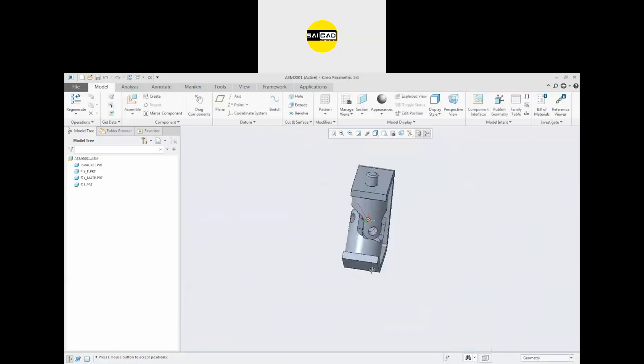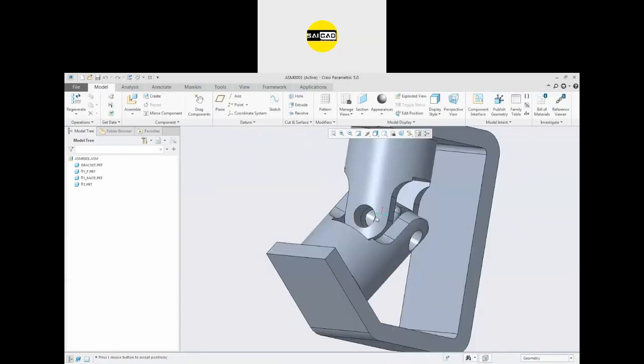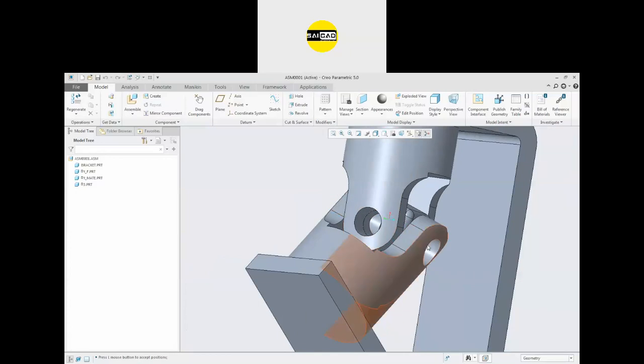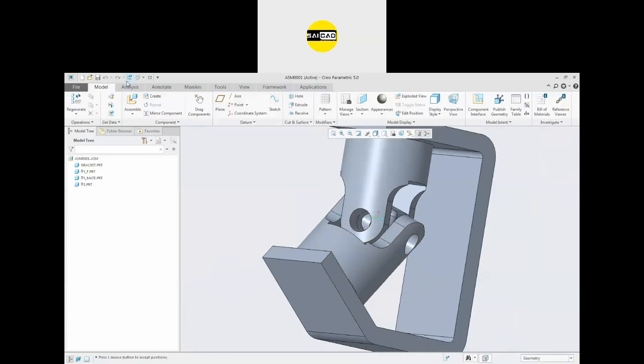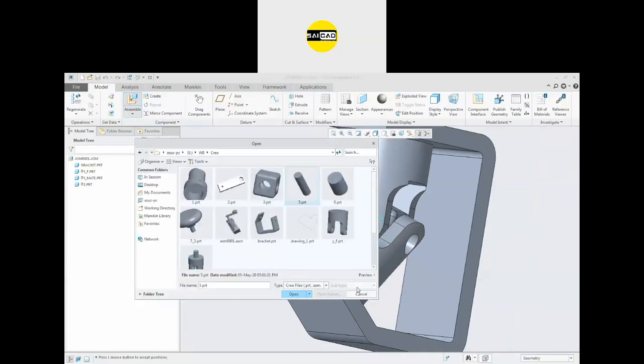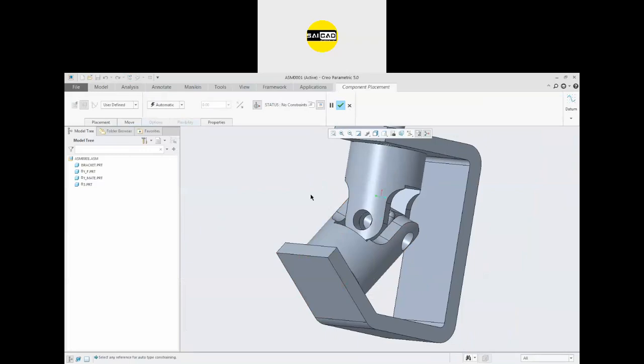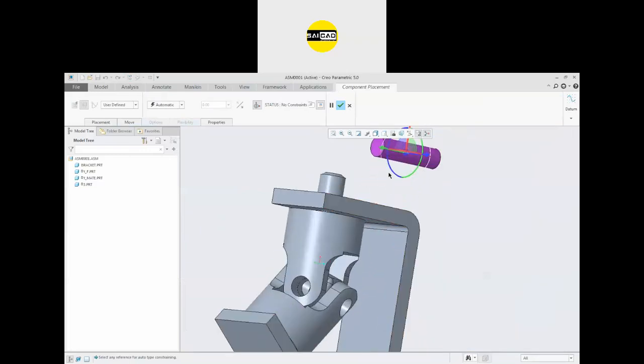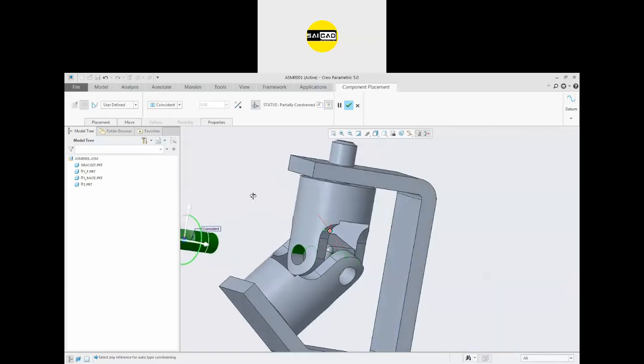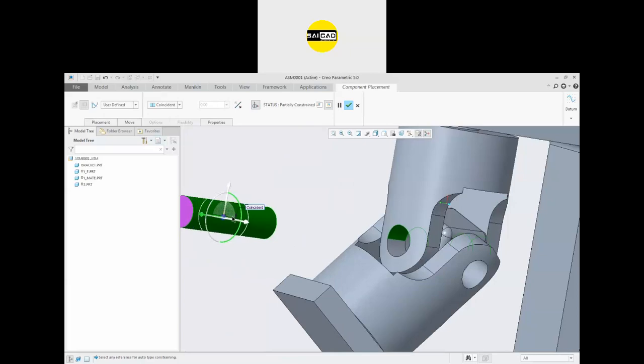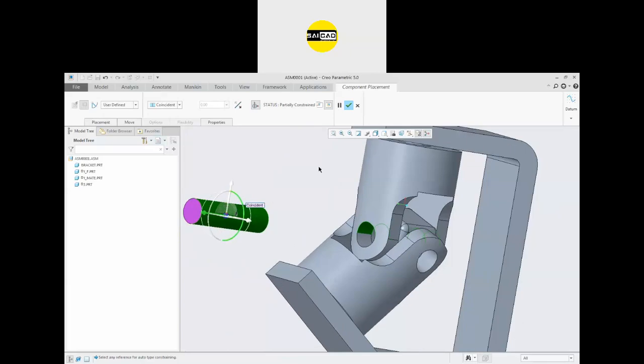So next, now we have this assembly. Now we have to insert some pins here. To go to the symbol, select the pin, open, and you can see there is the pin. So the pin should be in a simple coincident relation like that, and we have to apply another relation to define it in the mid.